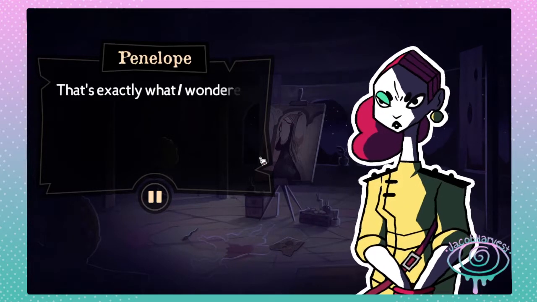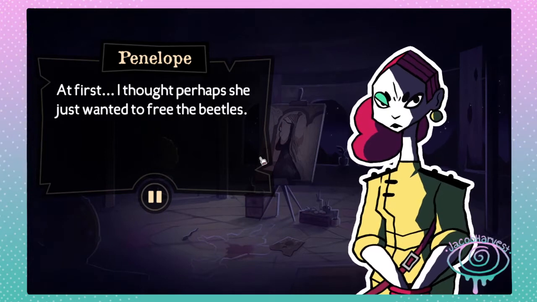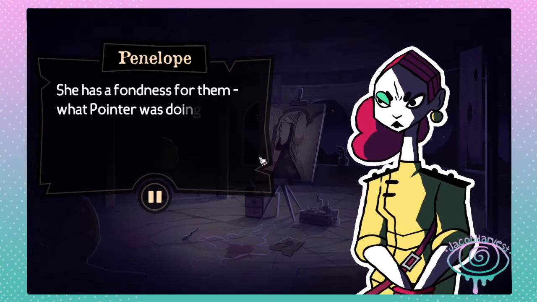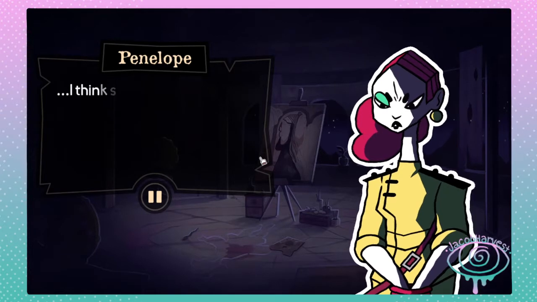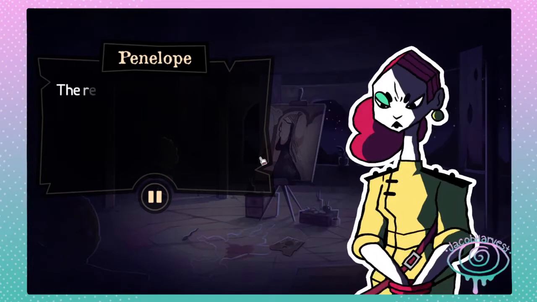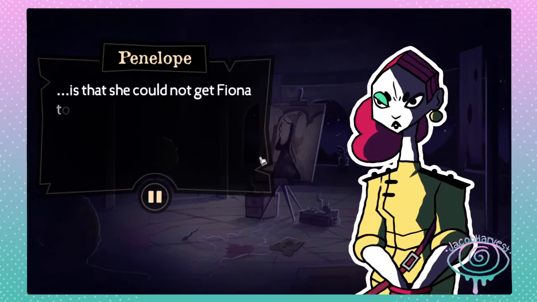That's exactly what I wondered. At first, I thought perhaps she just wanted to free the beetles. She has a fondness for them. What Pointer was doing upset her significantly. But in fact, I think it was something else. I think she wanted to free Fiona. The real reason Freya was unable to leave Tangle Tower is that she could not get Fiona to agree to